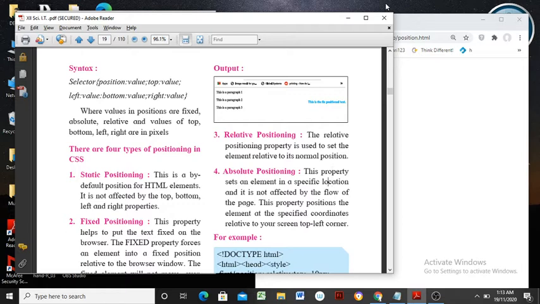Type number two is fixed positioning. As its name implies, a fixed property is used, and selector dot fixed means it defines a typical selector, any HTML element or HTML tag to be used as a selector, and giving a dot, that is the period operator, it is possible to apply a fixed property.